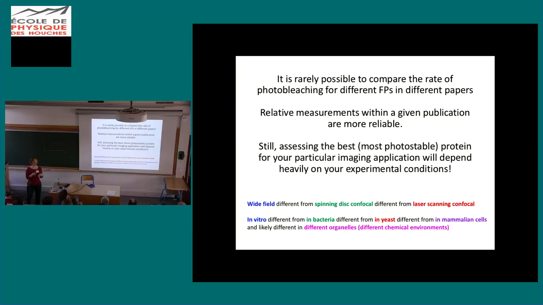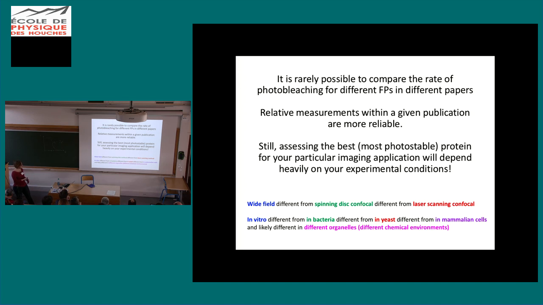So a note: you can choose your fluorescent protein judiciously. Choose one that's more photostable. The challenge is that it's rarely possible to compare the rate of photobleaching of different FPs from different papers. Relative measurements within a single publication are far more informative and reliable, where you can see the relative ordering under these conditions. But the most important thing is really to assess it under your own conditions, because